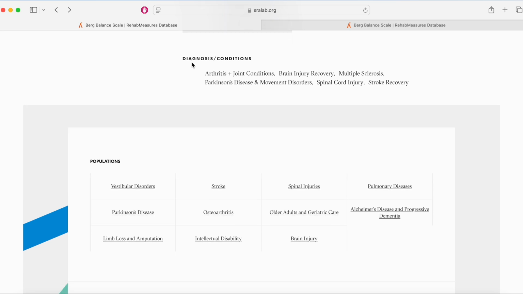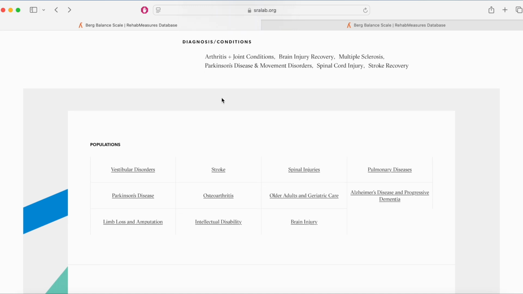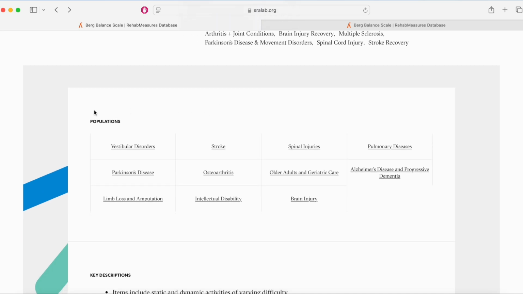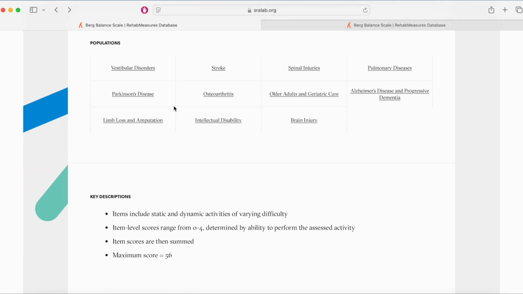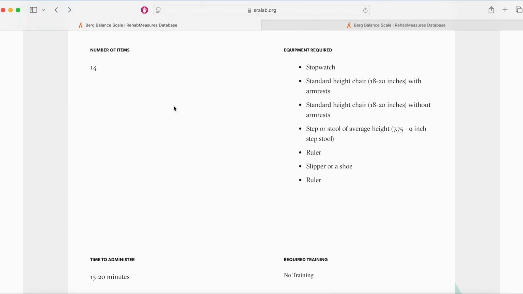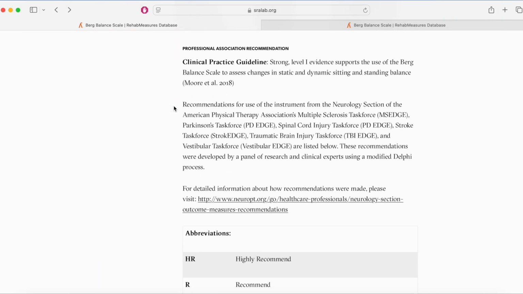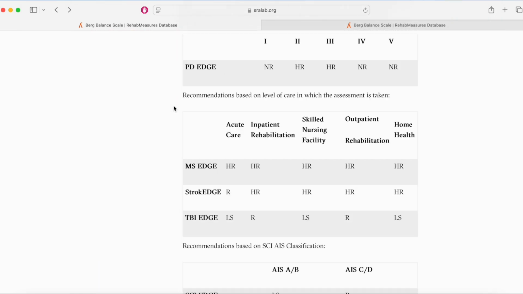Then it'll have a list of the populations and the diagnoses and conditions that this exam is often used for. And typically, these are the populations they're going to have all of the research listed under. So what I mean by that is that if you scroll past all this information,